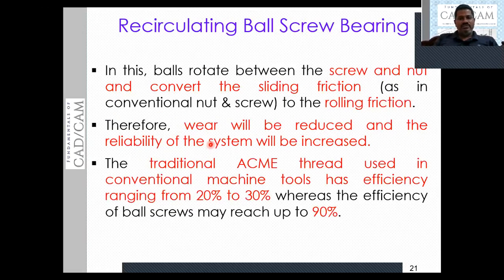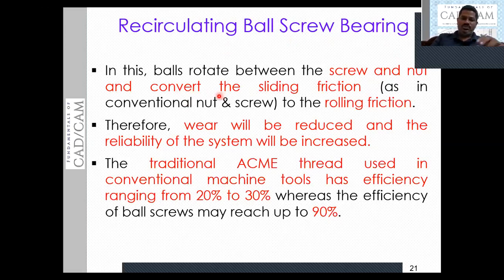These are very important devices used to reduce the friction, used to move the table, as well as the tools which are kept on the table. This recirculating ball screw consists of screw and nut, which is going to convert rotary motion, because whenever we have screw and nut, when we rotate the screw, the nut is going to move on that.